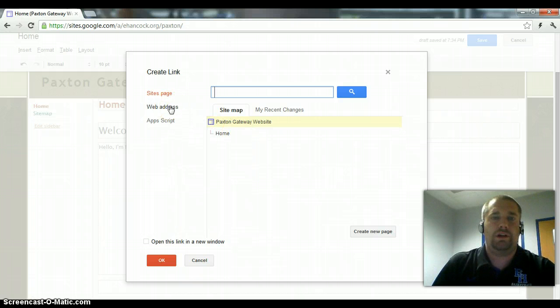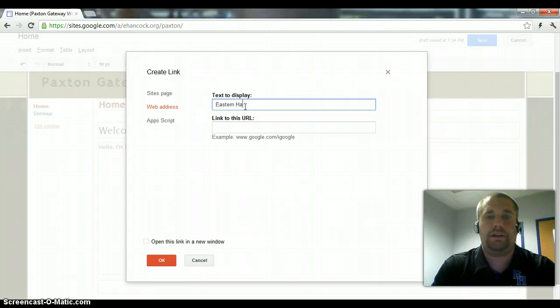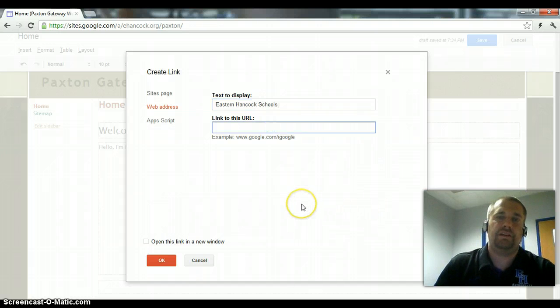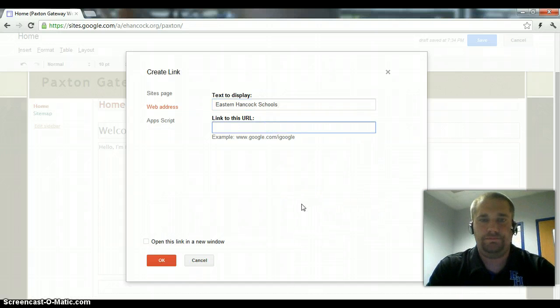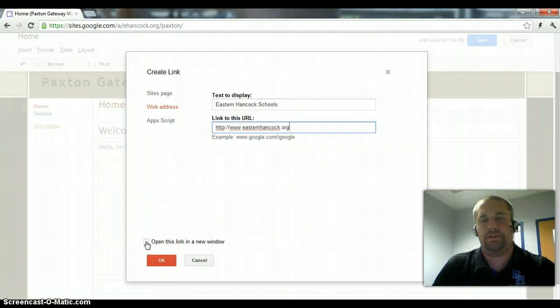But we need to click on web address, and we're going to put a link to the school website. So we're going to put in here Eastern Hancock Schools. That's the text that's going to show. That's what they will actually click on to go to the website. It needs a URL, so we're going to put in here http://www.easternhancock.org. And then this is kind of important, and I always suggest clicking on open this link in a new